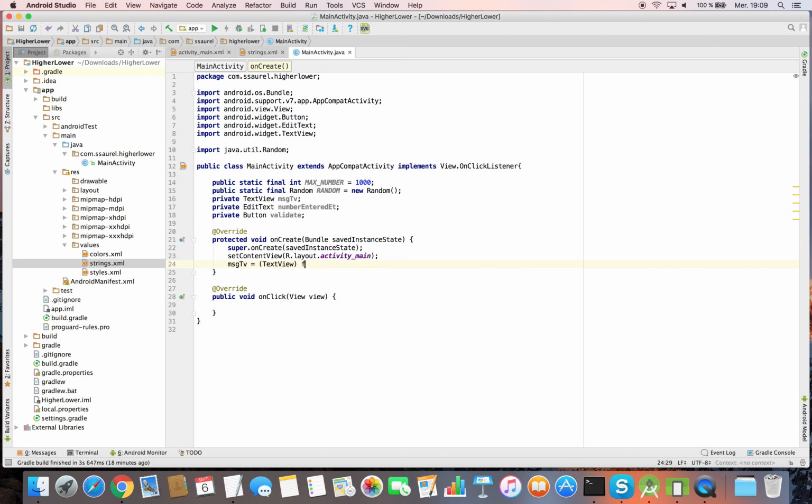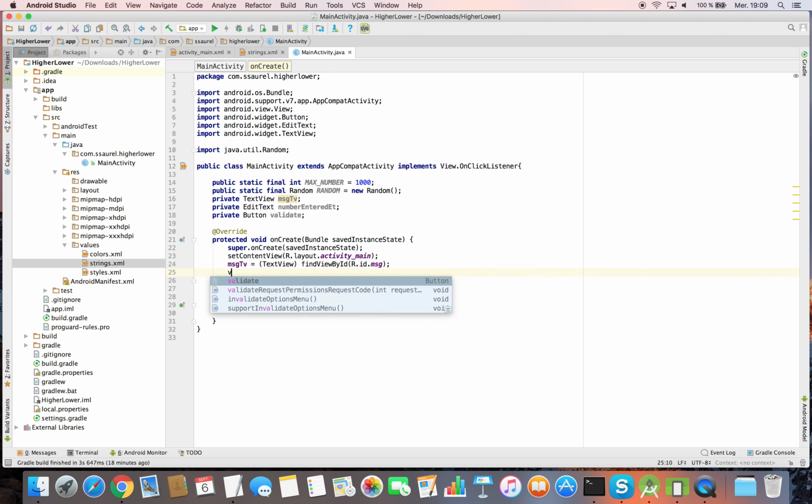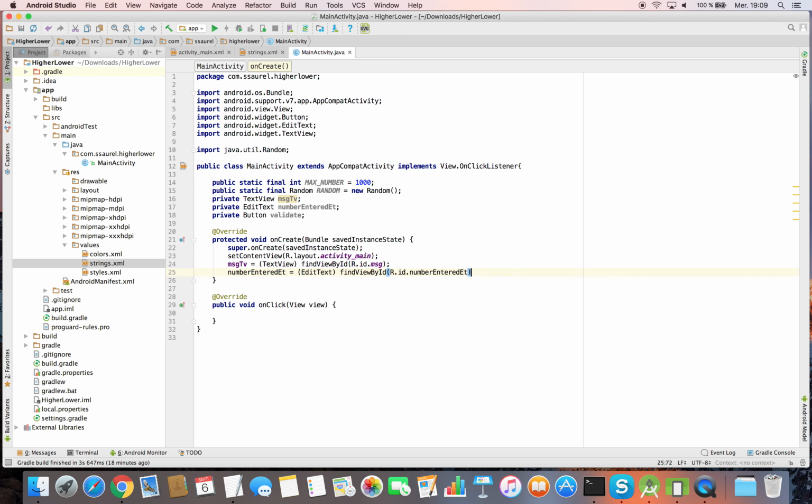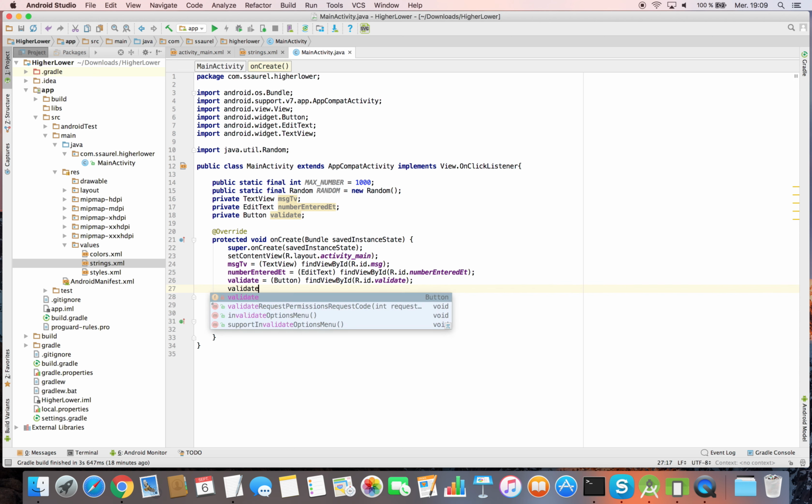In the onCreate method, we get references of the views, and we install a click listener on the validate button.